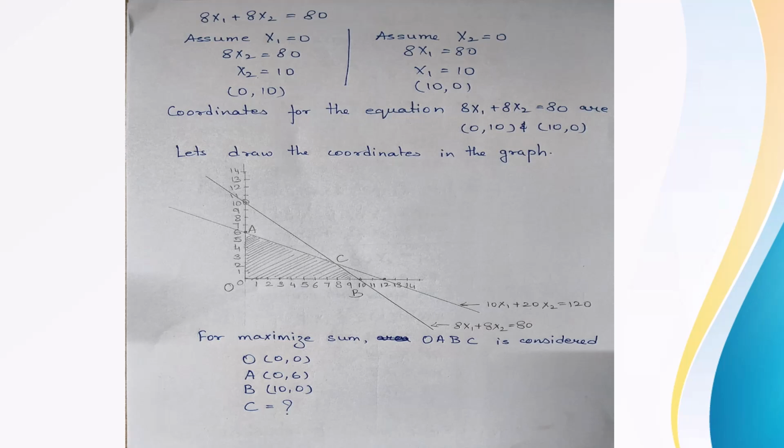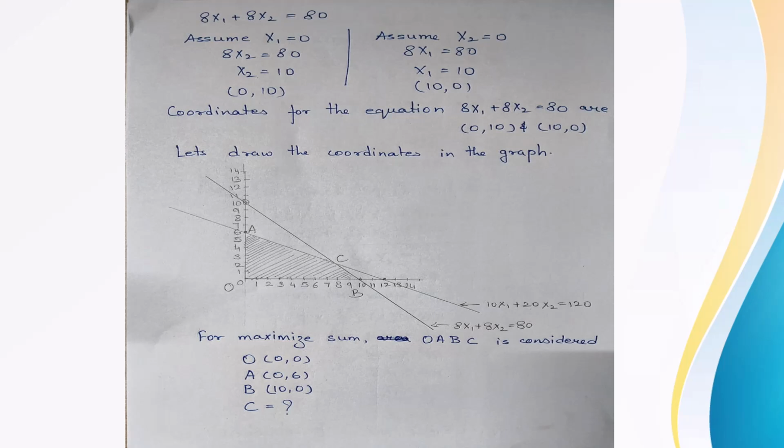Next it is 8x1 plus 8x2 is equals to 80. The coordinates are 0, 10 and 10, 0. So I have plotted both the coordinates and drawn a line connecting both the points, and we got a line on the graph. Now we can see that if it is a maximization problem, we have to consider the inner